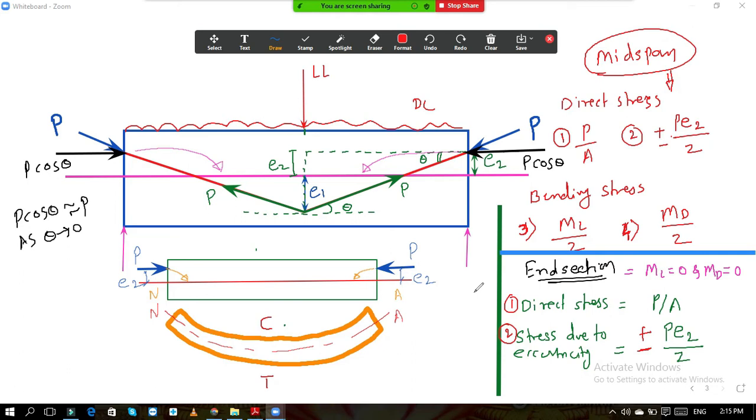So I hope now you understood this. This concept is very important, so that's why I have told you this. Now we will take one example based on this so that it will be clear to you. And in next lecture we will go for strength concept. But in the examination up till now this type of problem is not asked. But still I am telling you all these things in depth to clear your concept.